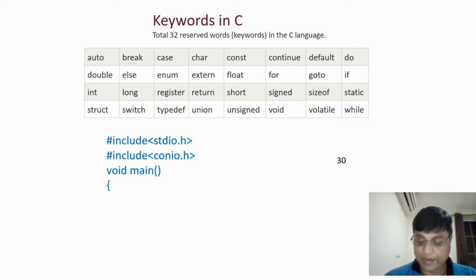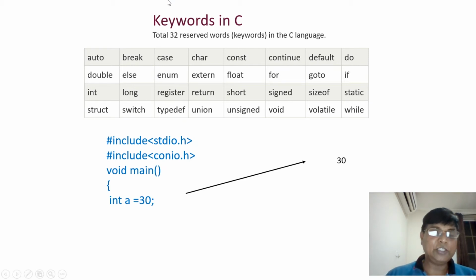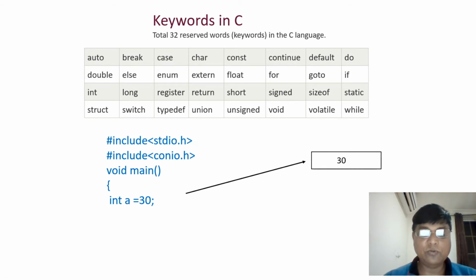So let's see one simple program, which has data types and declaration of the variables. Right now, the moment I declare integer a, this hash include stdio.h, conio.h, void main, how it is going to be written, I have already discussed in the first video. Those who are new and didn't see video number 1, please check it out. I have already given the link in the description so that you can understand the meaning of hash include and main and all. I have already given the explanations in the first video.